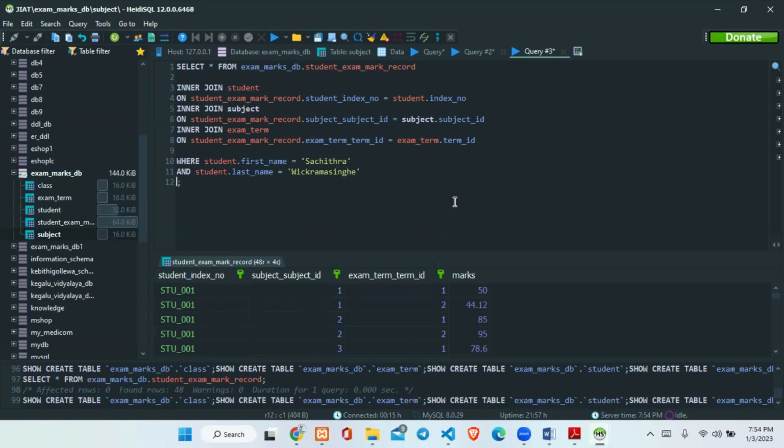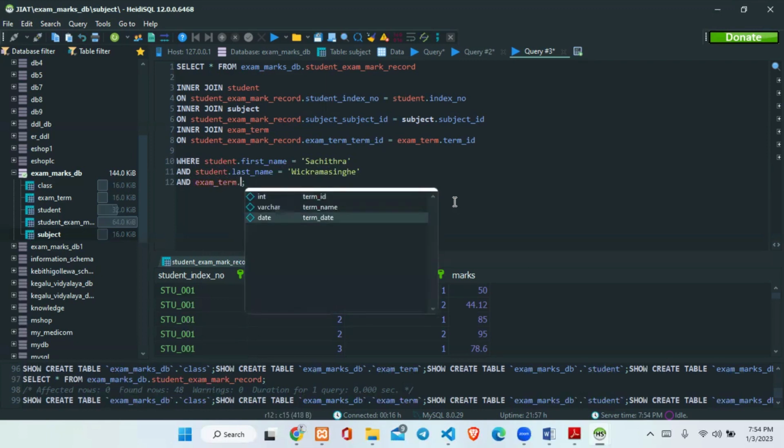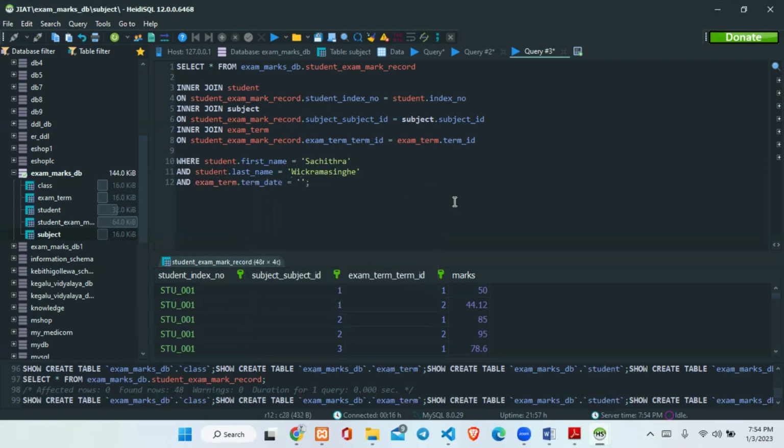Okay, and next I'll give another AND condition and give the exam date. Exam term dot term date should be equal to 2020 July 10th. Okay, so now this is a query, but it's still not complete because we have to get the